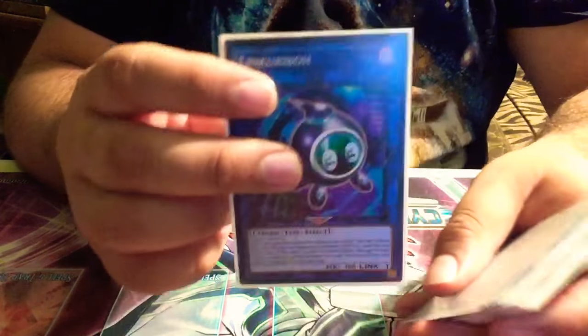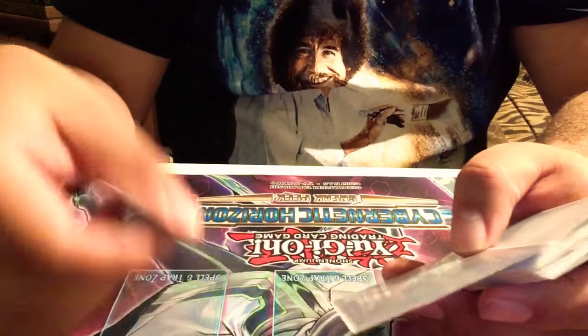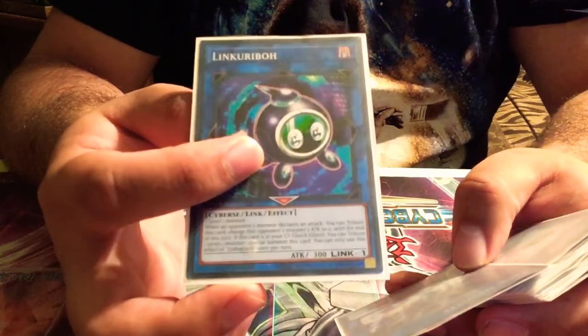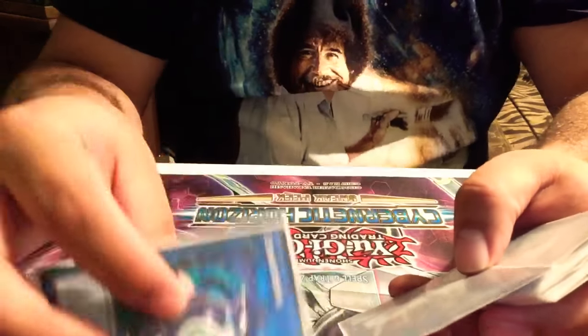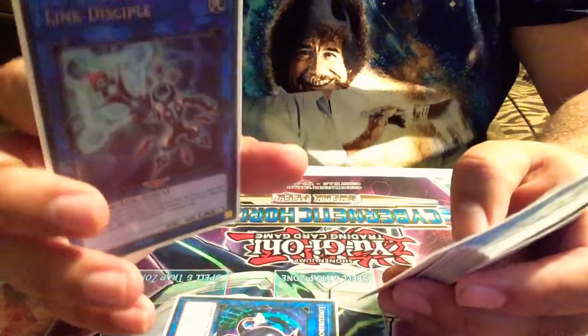So we play one Linkuriboh because Arrowbutt is Arrowbutt. He's our mascot. He's one of the, I cannot express enough how much that down arrow just helps out. Just alone with that down arrow, he helps out. And then I play one Link Disciple,